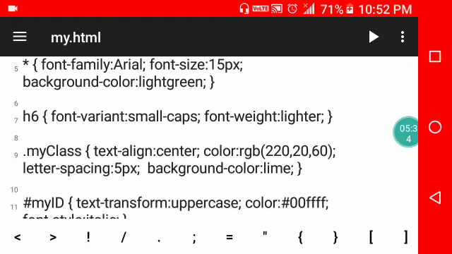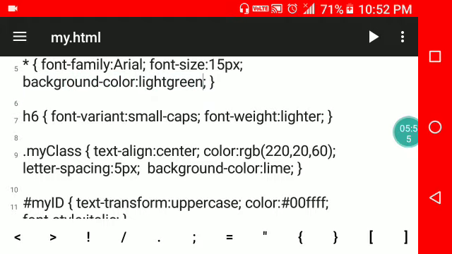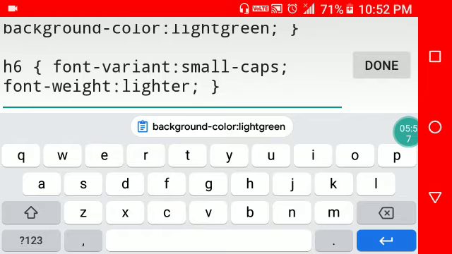Now I am going to change the element selector. Here I have written font variant small caps, font weight lighter. And now I am using background color. Copy and paste here.